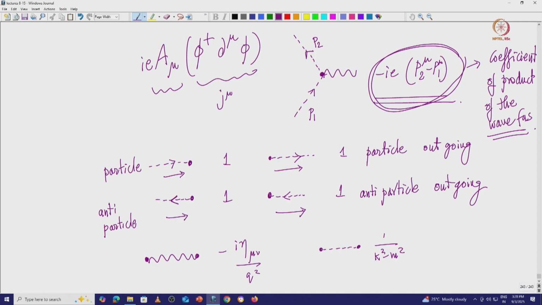This is called the vertex. The vertex does not tell you which one is a propagator. It can be either the scalar or the photon, essentially it does not tell you. If it is a photon, depending upon the process, then you have to treat the photon to be a propagator, whereas if it is a pion, then the pion should be treated as a propagator. The pion propagator is the Klein-Gordon propagator, which we derived yesterday, and the photon propagator is nothing but your electromagnetic propagator, which is minus i eta mu nu by q square, and this is nothing but k square minus m square.